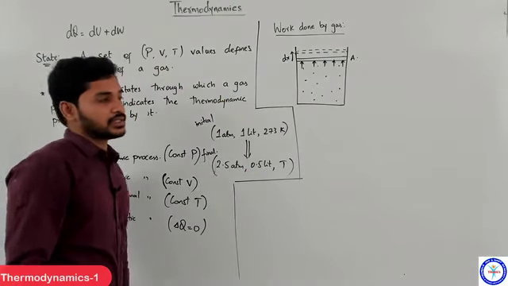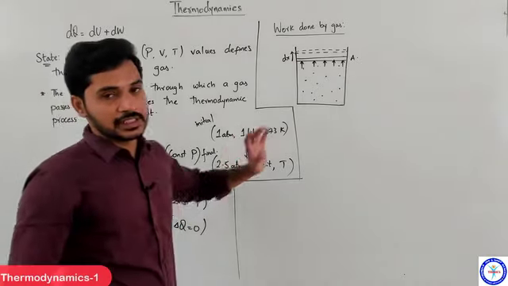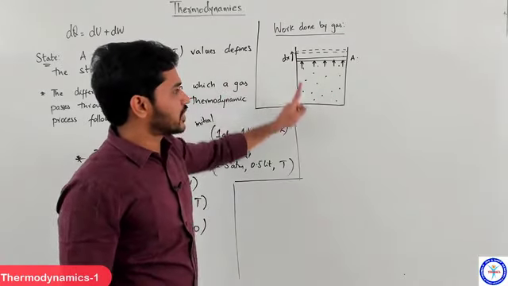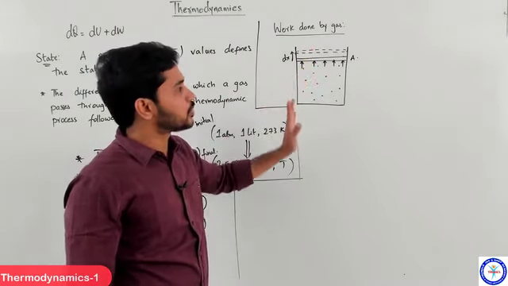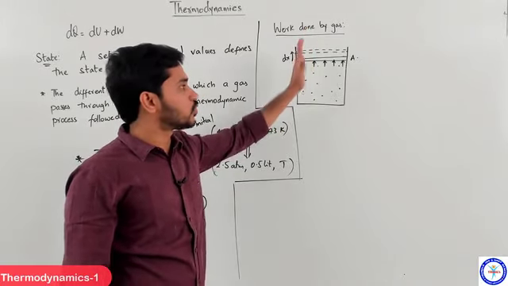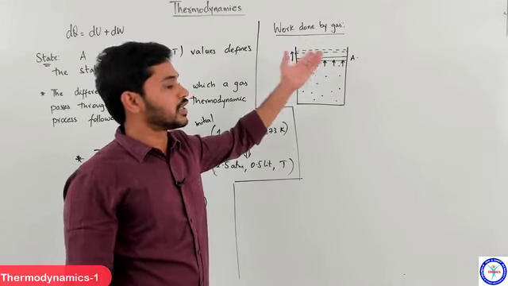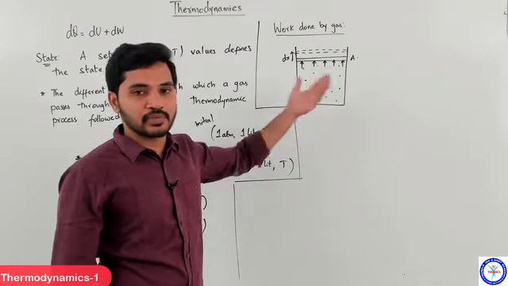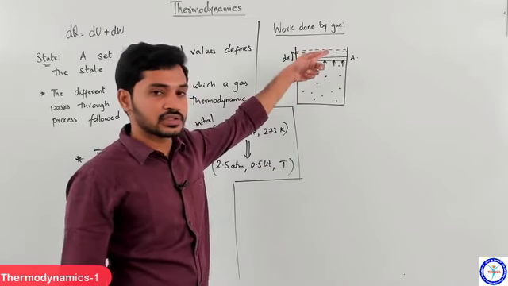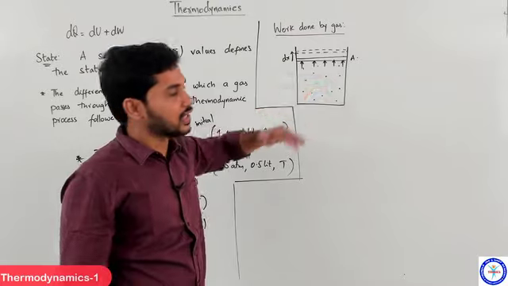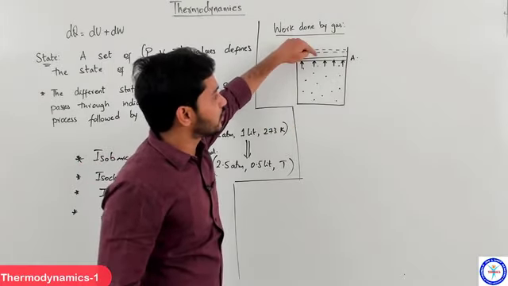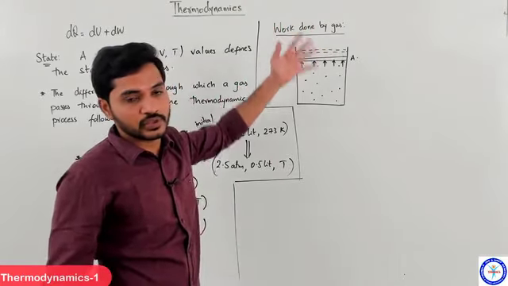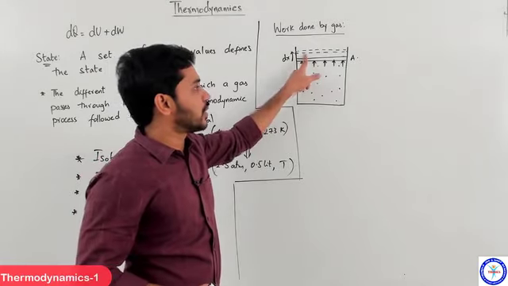It basically means that the gas has expanded, right? Its volume has increased, and you all know that whenever a gas expands, it does positive work. Why? Because it is applying a force on the piston in this direction, and the piston is also moving in the same direction. When force and displacement are in the same direction, the work done is positive, or energy is being supplied, right? The gas is giving energy to the surroundings. It is clearing the surroundings, pushing away whatever matter was present here, and expanding into that volume. So as I told you earlier, it is just like it is buying this property.